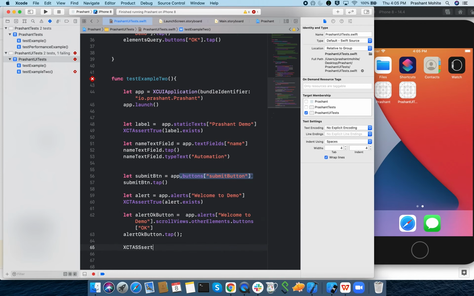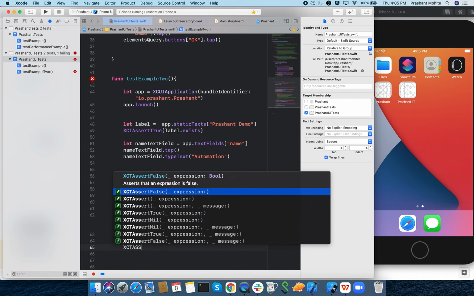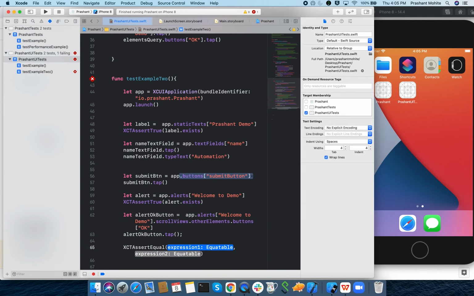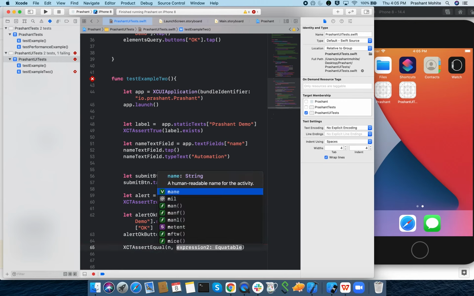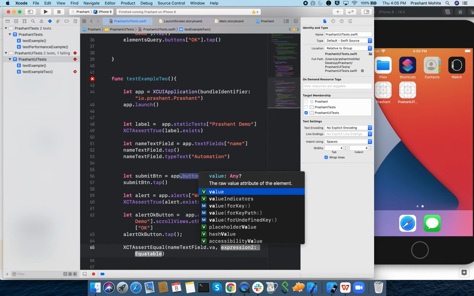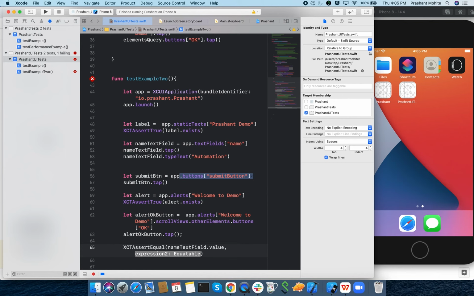I'll say assert equal. What is equal? I have the name text field, and because I have already entered the value automation, I'll say it has the value, which is a string, and the value is automation.